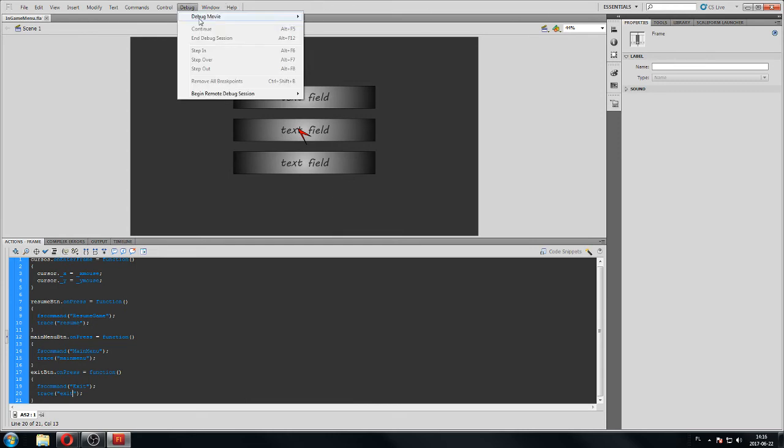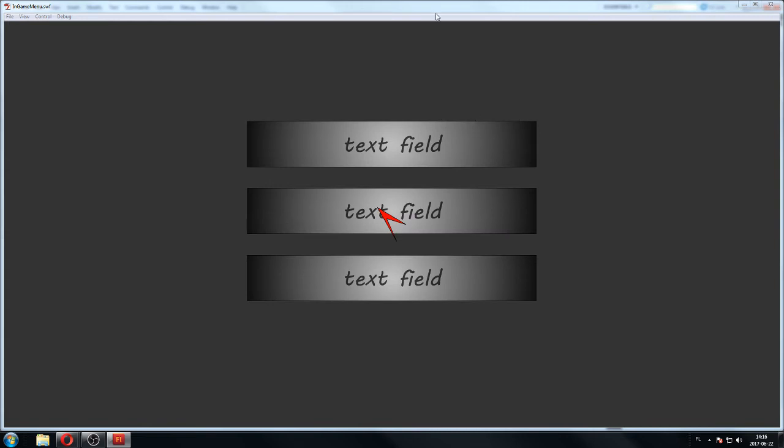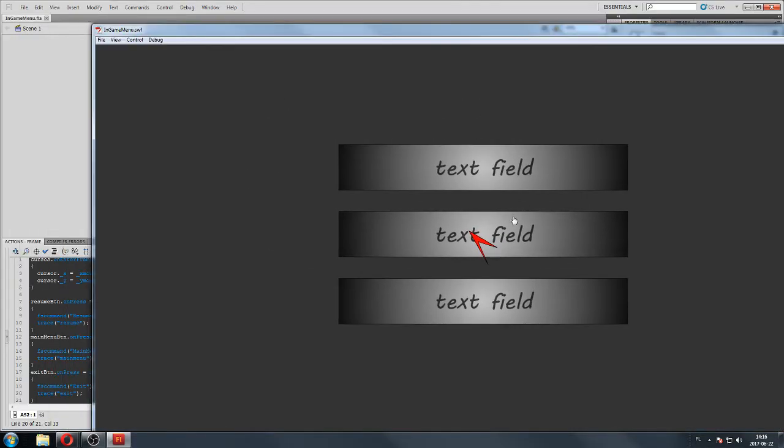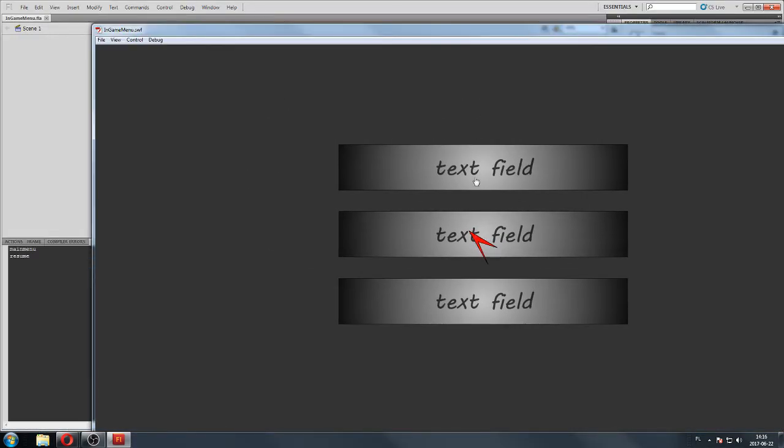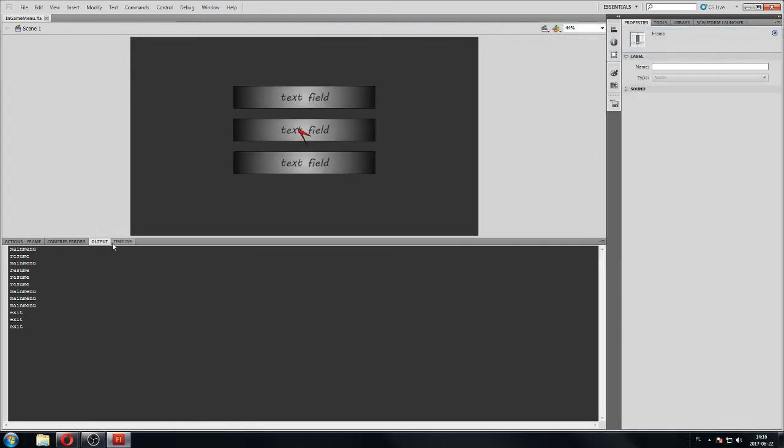Okay, now we're gonna run the whole thing. We will see what happens. So main menu, resume, main menu, and we got exit. So they work. Our cursor doesn't seem to follow the